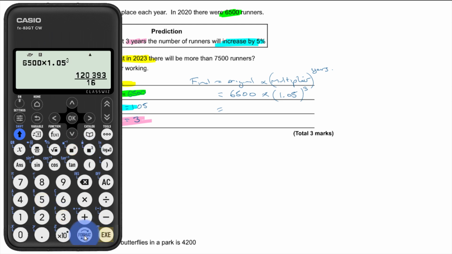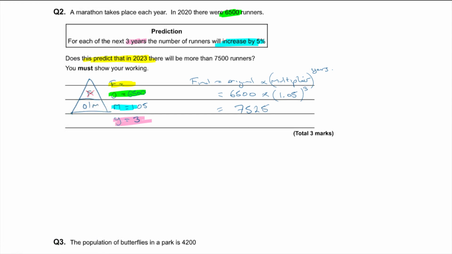That is giving me 7,524.5. So I'm going to round that off to 7,525 because I don't like the idea of a fractional runner. That would be quite messy. So 7,525. So does this predict that in 2023 there will be more than 7,500? Yeah, there'll be 25 more than that, won't there? So yes,